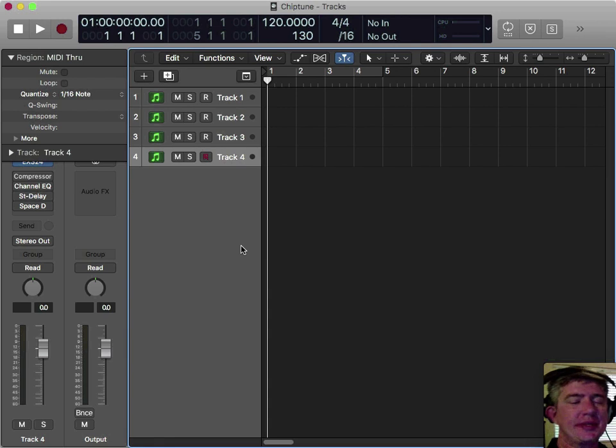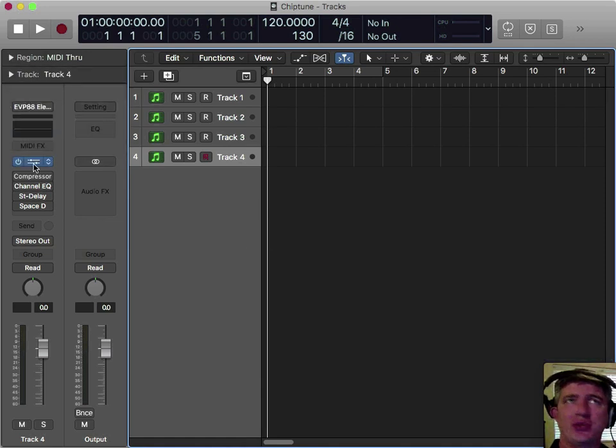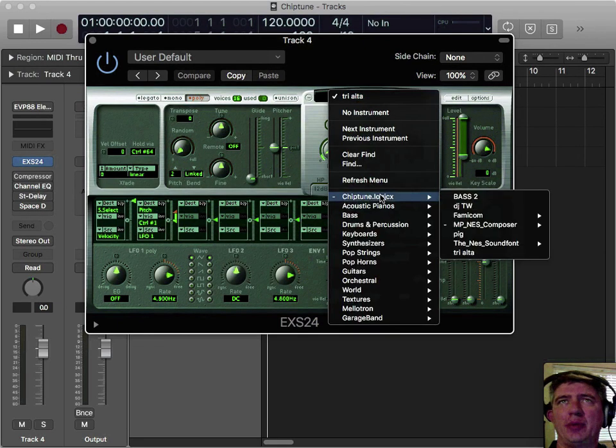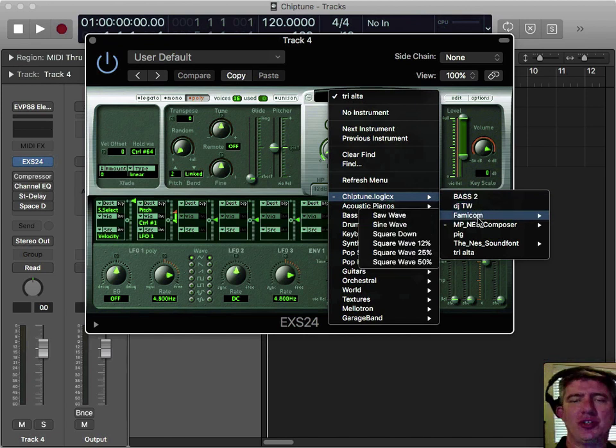So some of the main restrictions are, number one, you have to use the sounds that are provided with the project. Those come in the form of EXS24 sound banks. If you click on any one of these tracks, they are all equipped with EXS24, and you have a couple of presets that were sampled directly from the original Nintendo and Famicom systems. And so these are very simple, straightforward effects. They're not all that wonderful sounding, but they are very musical, very melodic,